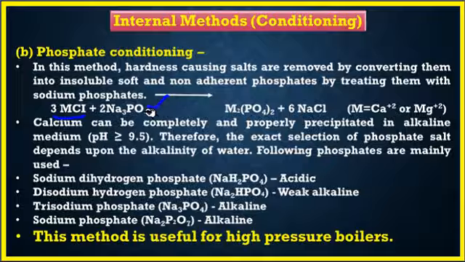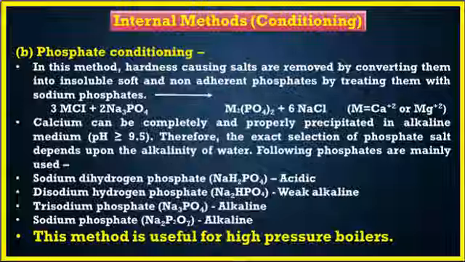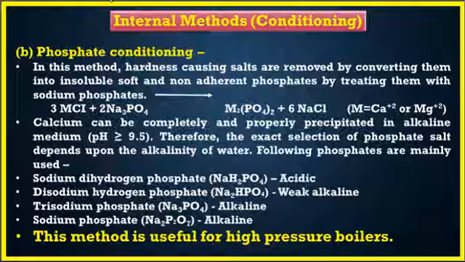These sodium phosphates convert the scale forming salts into the soluble phosphate. So now the precipitate is converted into the soluble salts. So in this way we can prevent the scale formation. But in case of using the sodium phosphate, we must take care of the pH of the water because the